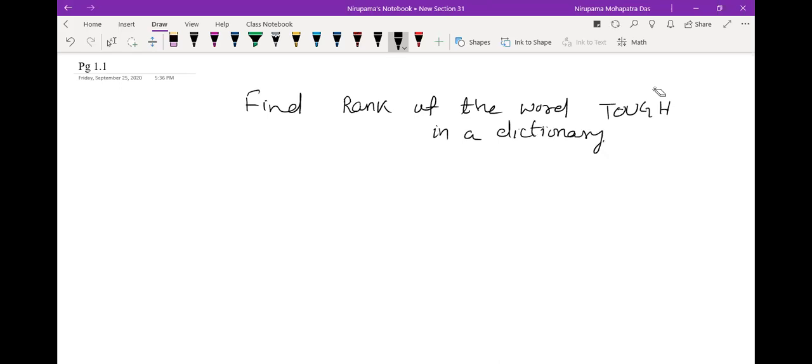Okay, so as you know, in dictionary, the words are arranged as per the alphabetical order. Okay, so first step what we have to do here, we are given this word, tough. So 1, 2, 3, 4, 5. Okay, so it contains 5 letters. I'm telling you the concept first, procedure first, before we go to the shortcut method. So 5 letters are there. Now first, you have to write it as per the alphabetical order, as per the sequence.